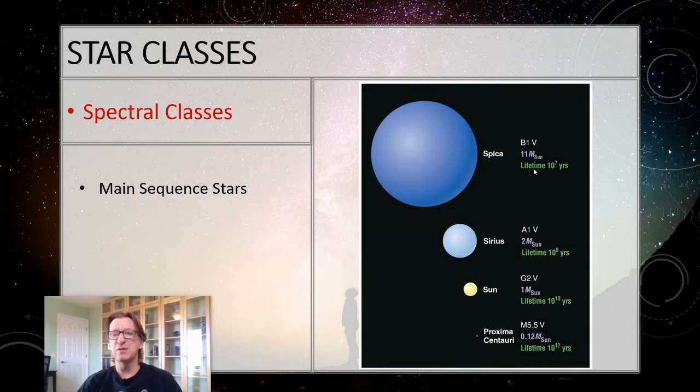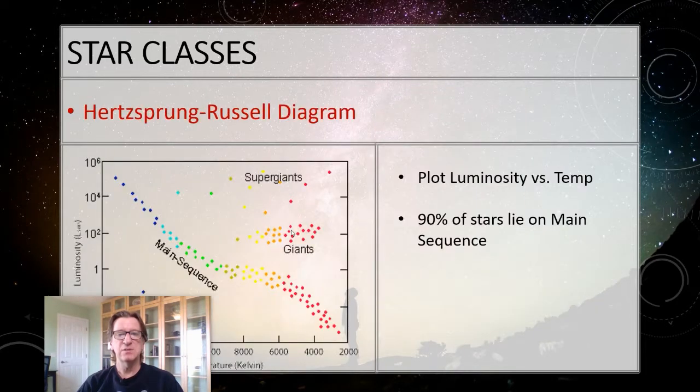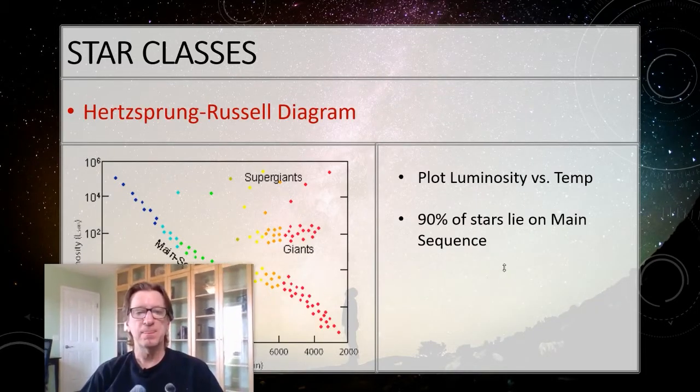So Spica, which is one of the brighter stars in the sky, is a B-type star. It's a main sequence star, it's stable, but it's very hot. And so if we think about the curve drawing over here, those blue stars up at the top of the main sequence, those are going to be the hottest stars. Whereas the M-type stars down at the bottom of the main sequence, those are going to be the coolest stars. And if you've got your HR diagram out, then you can see that. So let me show you that right quick here.